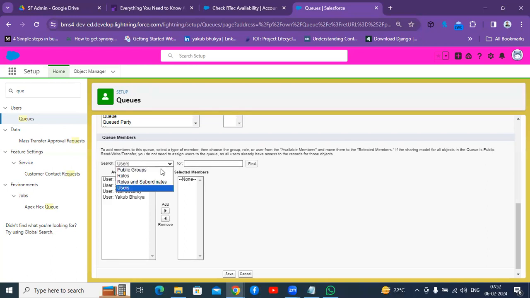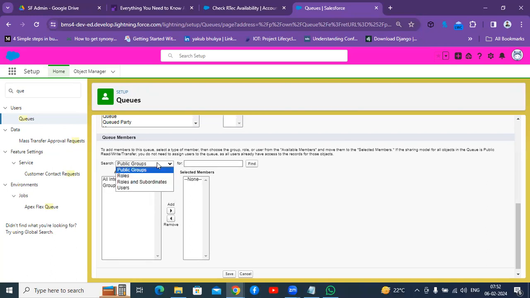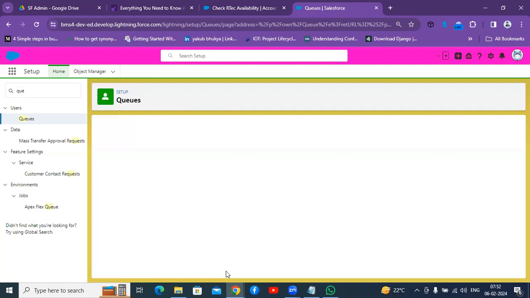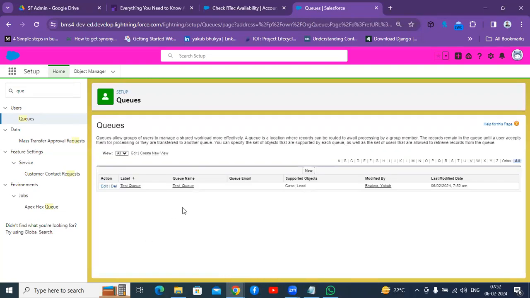You can add users, public groups, roles, and role subordinates as well. It means a queue contains public groups, users, and so on. Let's suppose I want to add a user in this test queue, and me. Like this, you can create queues.